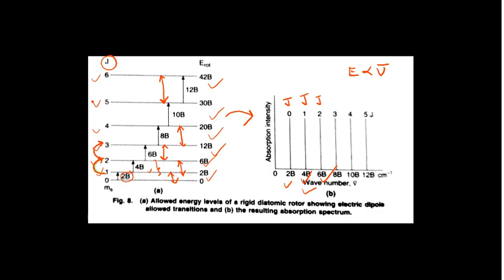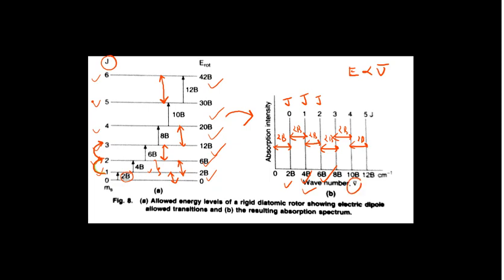And this is something very, very important when you study the microwave spectrum. This is how you can get the microwave spectrum. And the very important feature which you will see here in all the cases: if you take the difference from here to here, this would be 2B. From here to here it is again 2B. From here to here it is again 2B. From here to here again 2B. So in all the cases you are having this difference of 2B when you are calculating your energy. This is something very, very important.